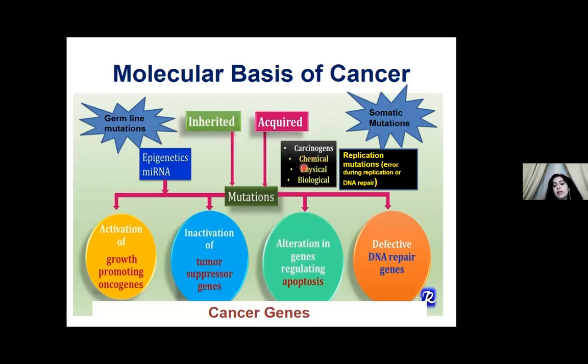Cancer can be due to replication. Acquired cancer can be due to replication errors. And I want you to know that replication errors are very rare. I know you studied replication, and you know the sequence of events taking place during replication and the DNA polymerase,